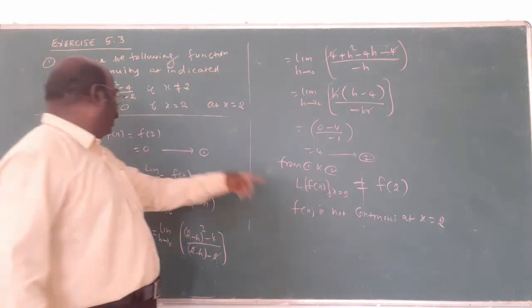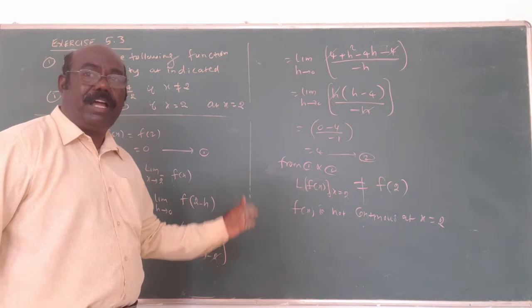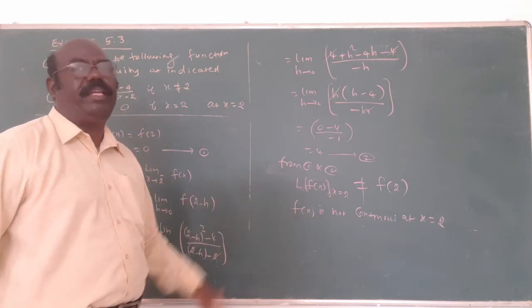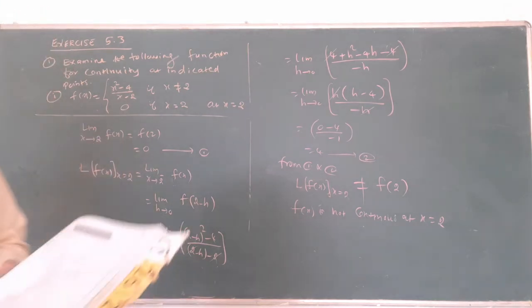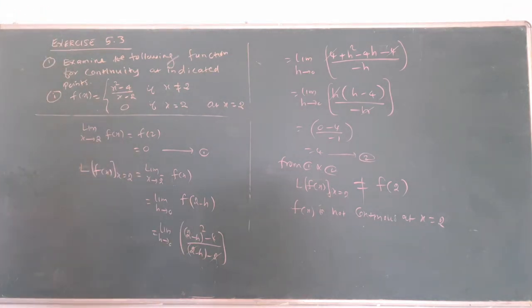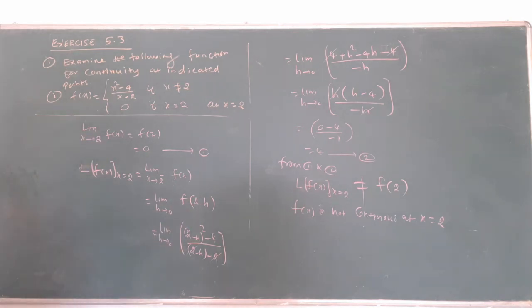If this is also equal, and also find the right limit of f of x, all will be equal means it is continuous. That is the idea. Very important concept. 5 mark concept. The first part, the second part: directly apply the limit, then left to right. Here, directly apply the limit, f of 2 and the left limit are not equal. That's why not continuous. That's all.